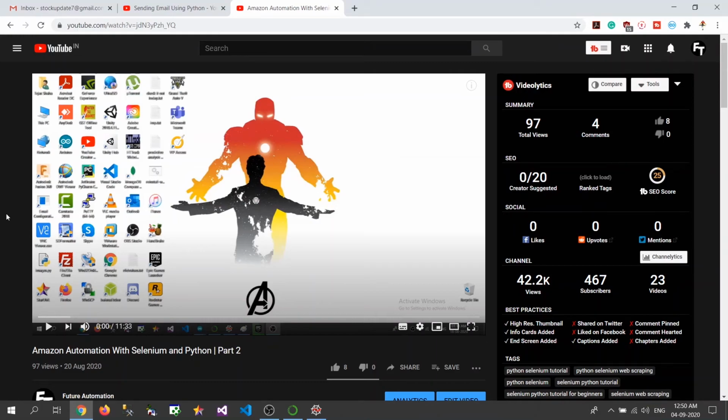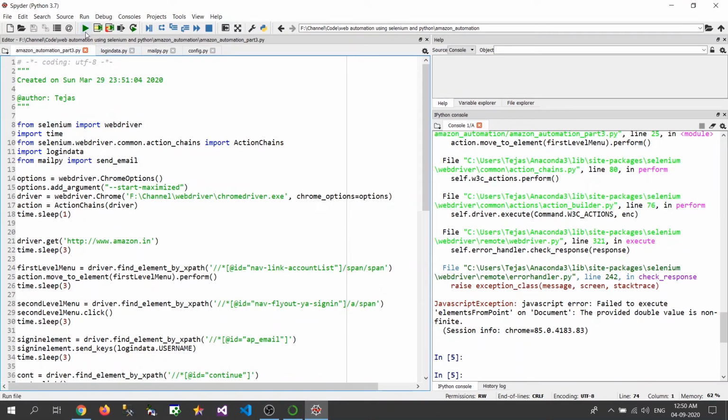That is, we are going to track the product, get all the data and send it to the mail. So without any hassle, if you are putting it in headless mode with some kind of scheduling, then your products will be tracked without you having to go physically to Amazon to track the product. You will get all the details in the mail, so you can just directly check the mail. So first we'll see the output and then we'll go to the explanation part.